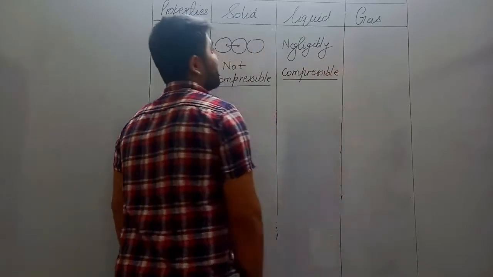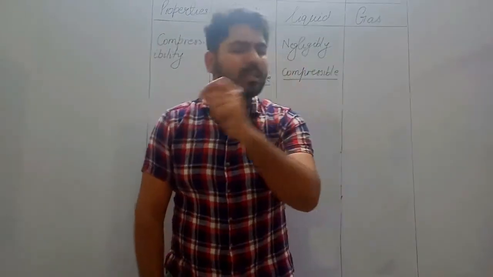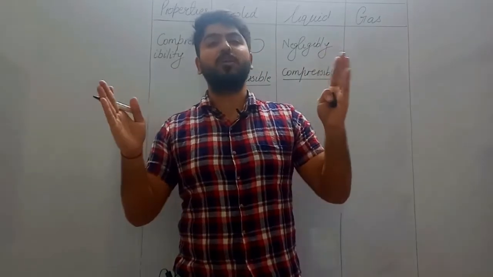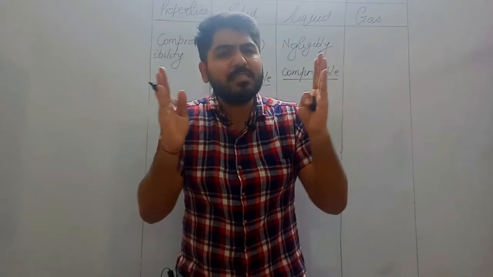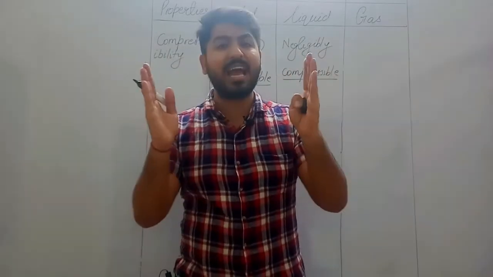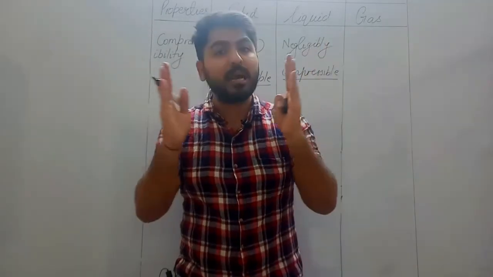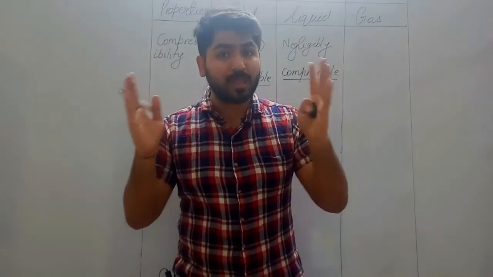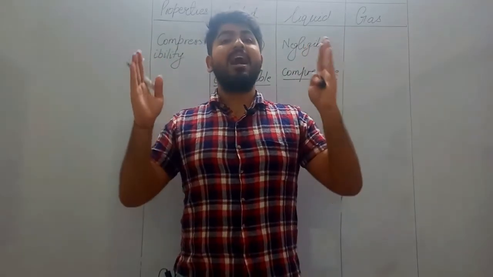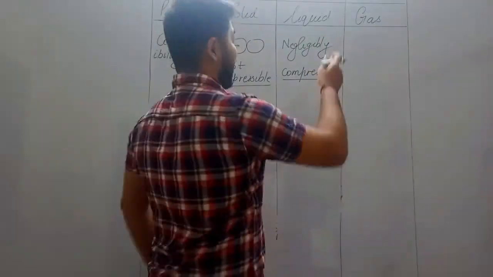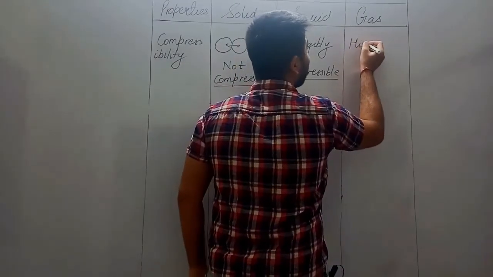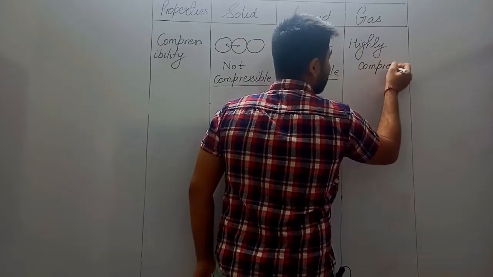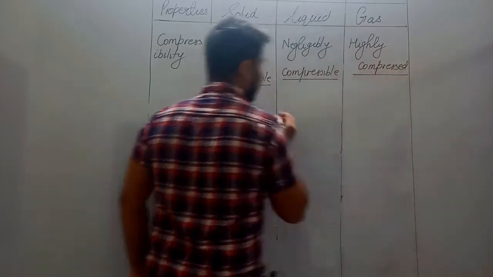Last is gases. Now, बहुत आसान सी बात है. Gases के जो particles होते हैं, they are very far away from each other. So, if we pressurize the gas, the particles can come closer to each other. And as there is a lot of space between the particles, they can be highly compressed. So, the gases, they are highly compressible. The simplest example is